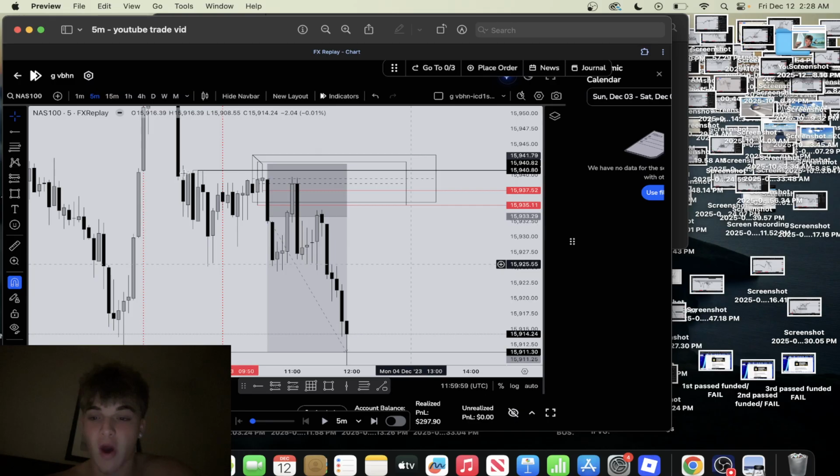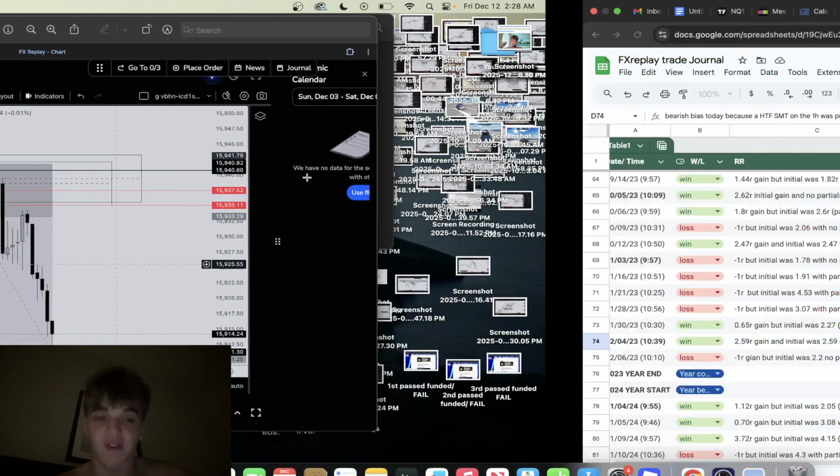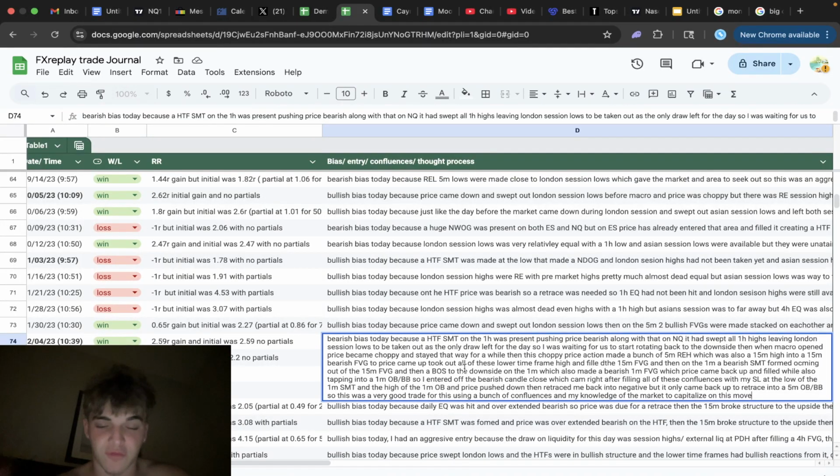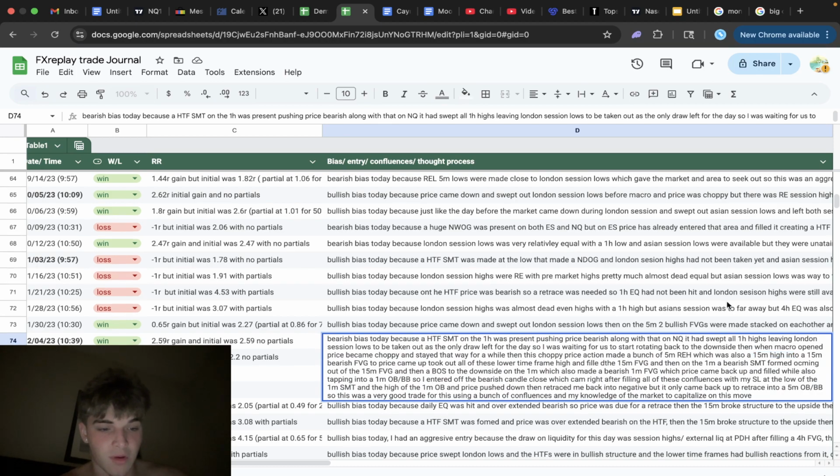Price comes up, takes out all of these relatively equal 5-minute highs, which also was a 15-minute high,